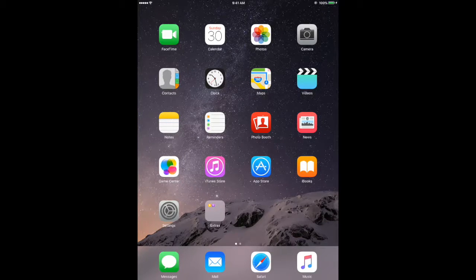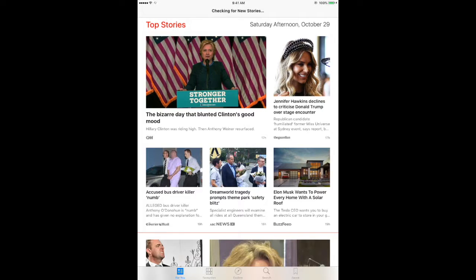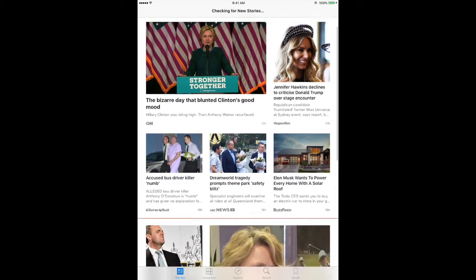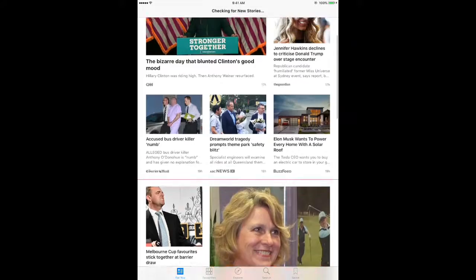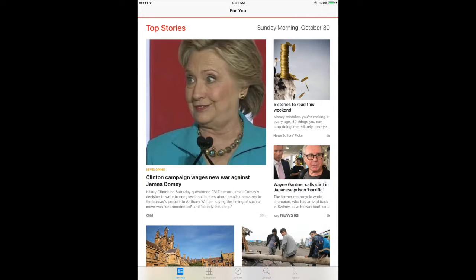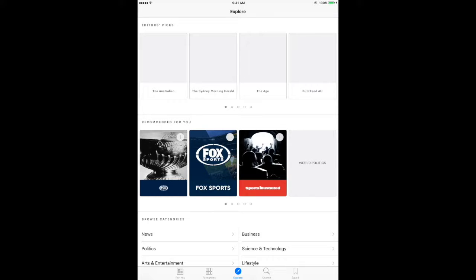Next, I will be going through the news application. This app is automatically downloaded onto your iPad when purchased. So this app shows you all the top stories from today. To adjust this to have other news reports, you have to go into Explore